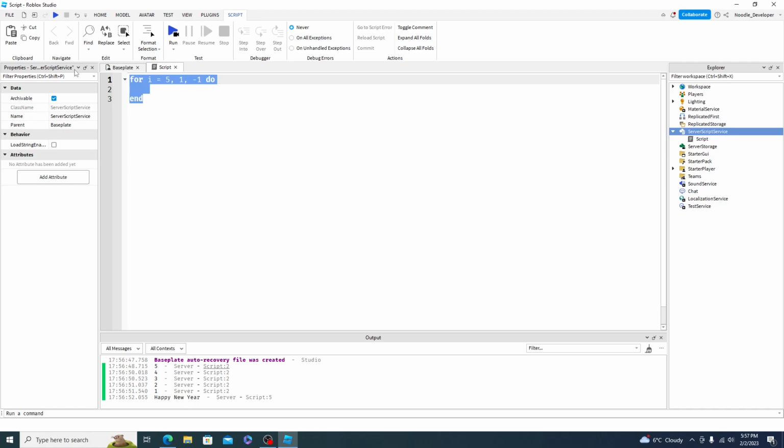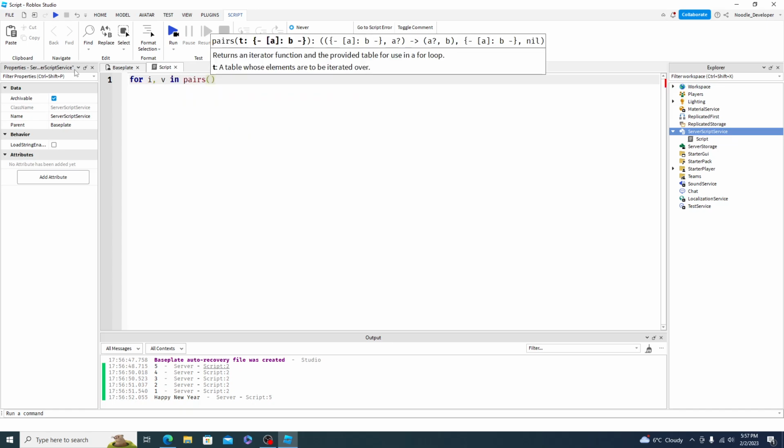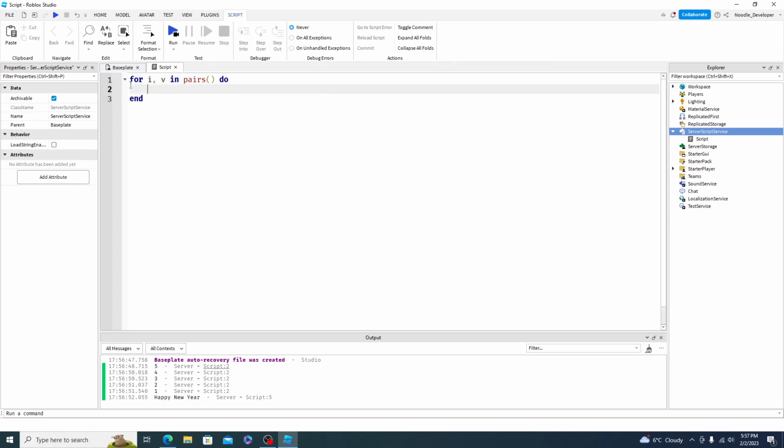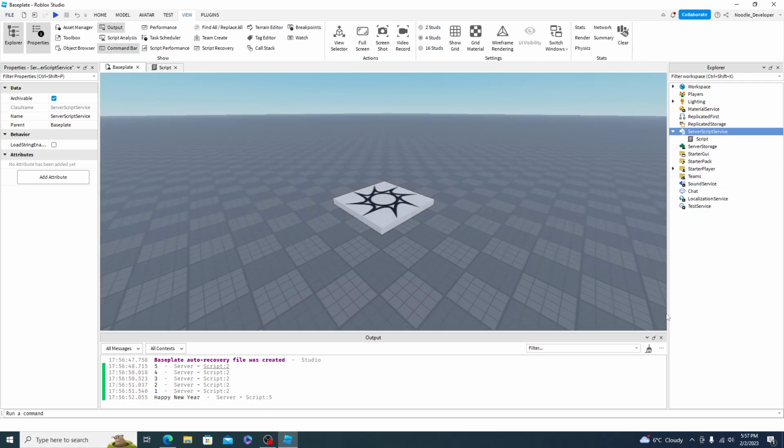The next type of for loop is for i, v in pairs. This is meant for looping through stuff, and I'll explain it. But first,